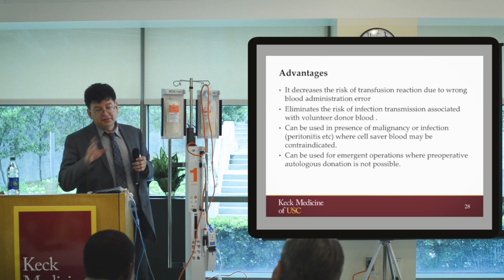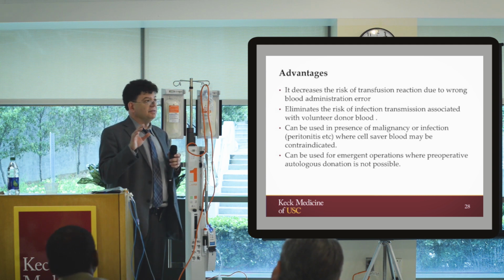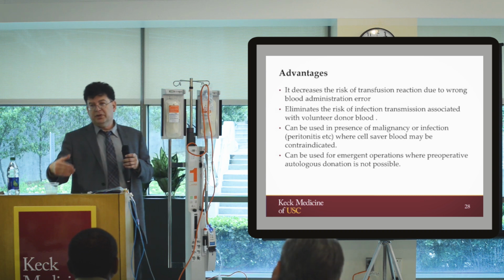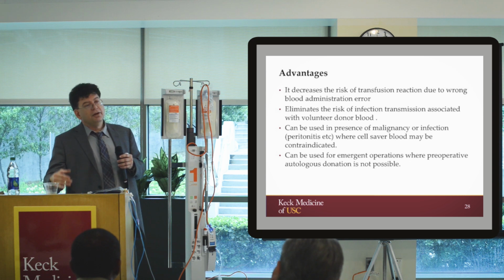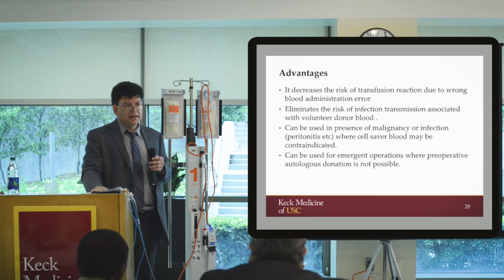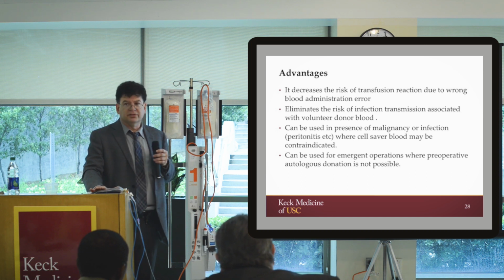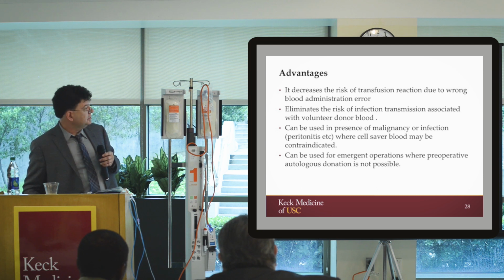The other advantage, and something you can't always do with cell salvage, is that there's a big controversy on malignancy. If the patient has a malignant tumor, not everyone is agreeable to using cell salvage for the risk of shedding cancer cells. With ANH, there is not a problem reinfusing it in someone who has malignancy. All right, now I'm going to show you